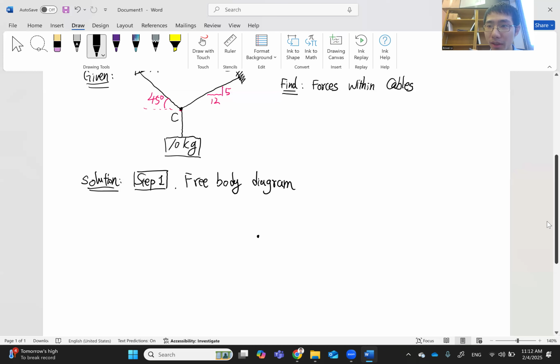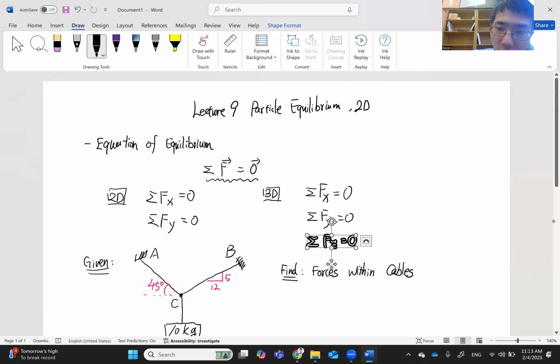Most cables are connected to C. And we also care about forces within cables. So it seems C is kind of important here. Well, it may still not be very clear. Okay, so I'm going to first draw